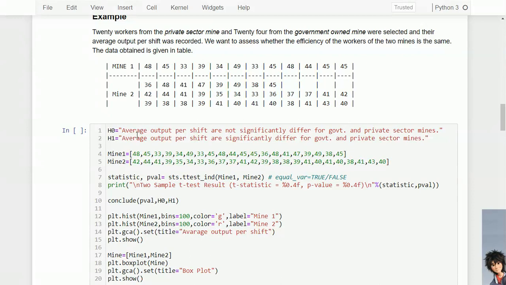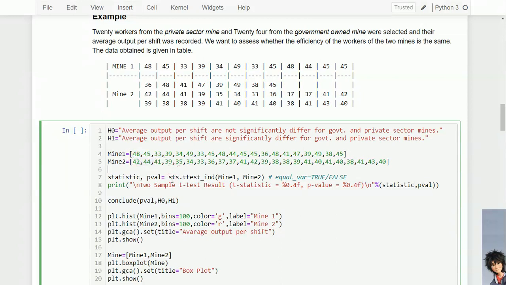Let's put mine 1 and mine 2. Here are 20 observations, here are 24 observations. Again, scipy.stats.ttest_. In the previous case we had one sample. Here we have ind, independent, and we have to put mine 1 and mine 2 there.